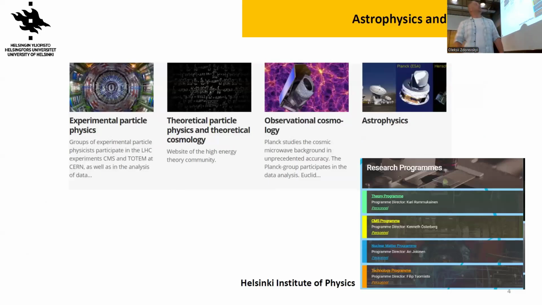When you think about astrophysics and particle physics, we have both the experimental part and theoretical part, we have astrophysics as well. We participate in some pan-European and worldwide observatory experiments. So CERN, for example, we have our scientists going there and doing the research. On top of that, there is the so-called Helsinki Institute of Physics, which is hosted here in Kumpula.